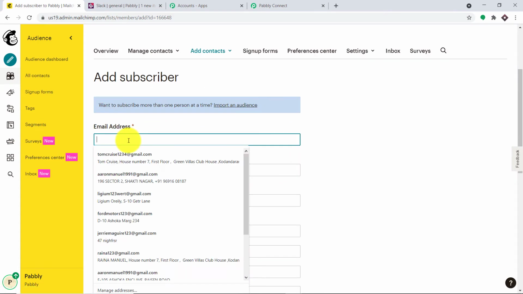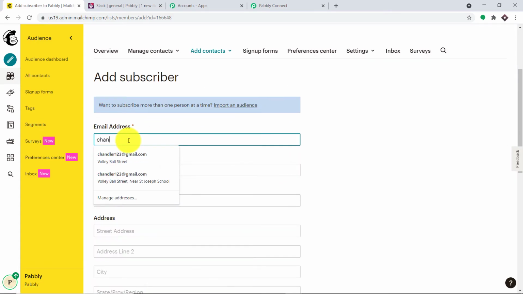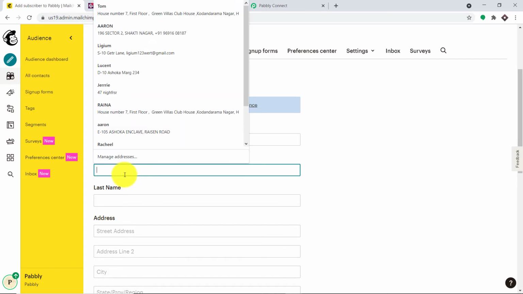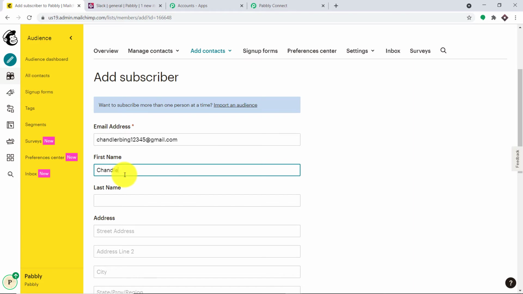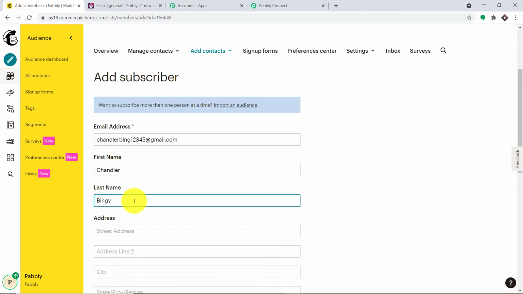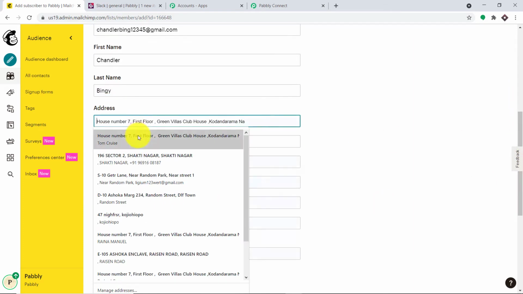How about we add the person as Chandler Bing 12345 at gmail.com. This is the first name Chandler, the last name is Bing, and the address related details I'm mostly auto-filling.